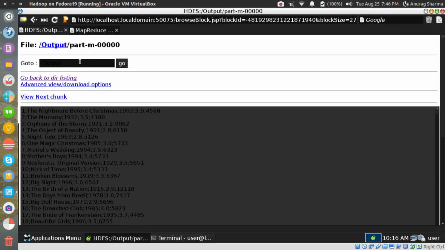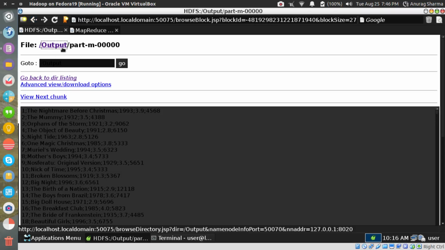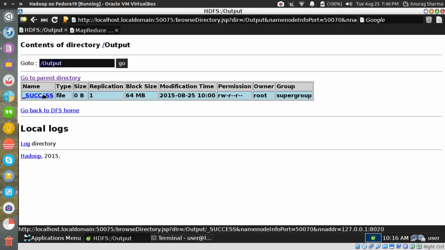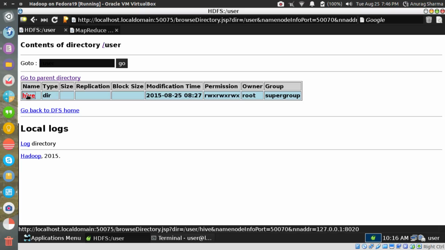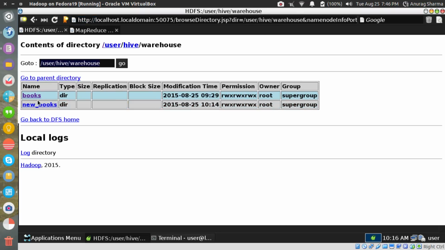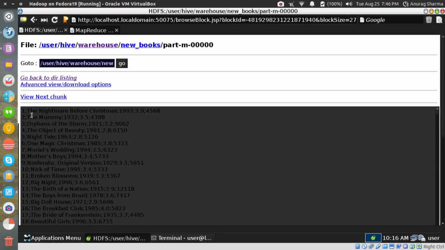This is the file name. The data is moved for sure because I don't find it any longer in output. So in output there is no file, it has been moved. So I have to go to the user, Hive, warehouse, new books, part m, and I've got the data.